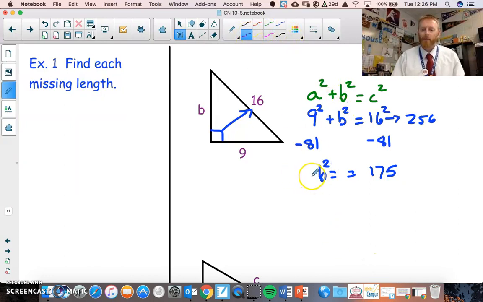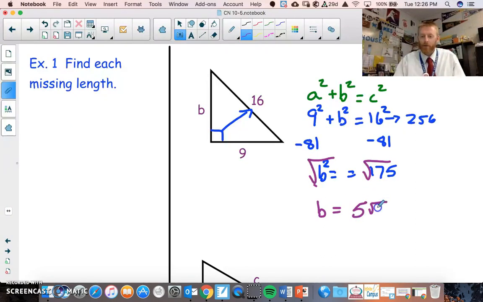In our last lesson we learned that if you want to get rid of squares or square roots, we can just use the inverse operation, which is to do the opposite. If it's being squared, we can square root it, and if we have a square root, we can square it. So to get rid of this b squared and make it just a b, we take the square root of it. The square root of 175, I'm just typing it into my calculator, is 5 square roots of 7, or as the decimal version of this, we would have